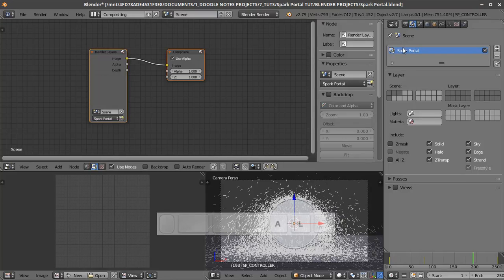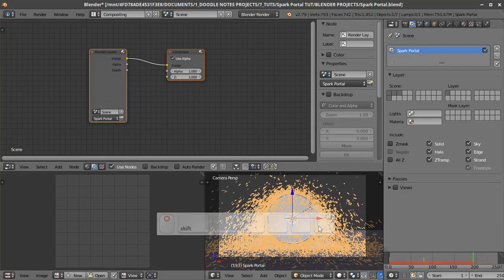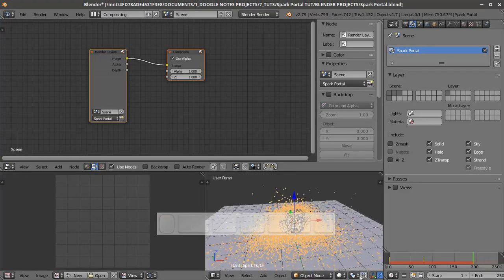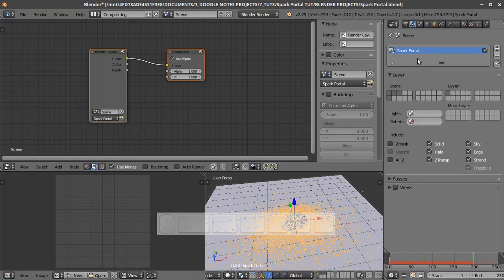You can create a render layer named Spark Portal and just select the first layer, because the Spark Portal is on the first layer right here. Excuse me. So for the render layer, you're gonna select... Actually, I'm gonna explain this more later when we're compositing it to the live footage, but since we're making a quick render here, I'm just gonna move kind of fast. Spark Portal frame creating. I'm gonna select the second layer because the portal frame is on the second layer,